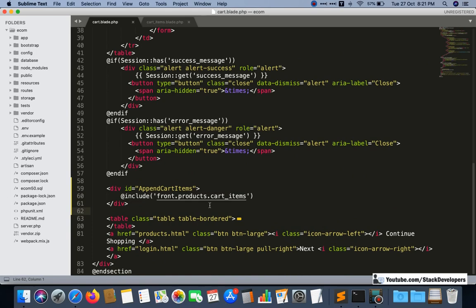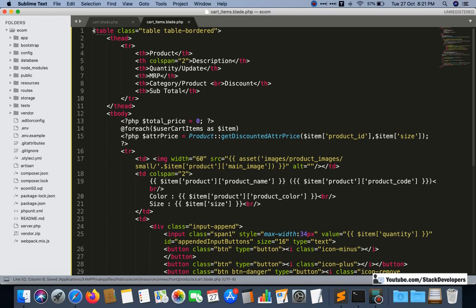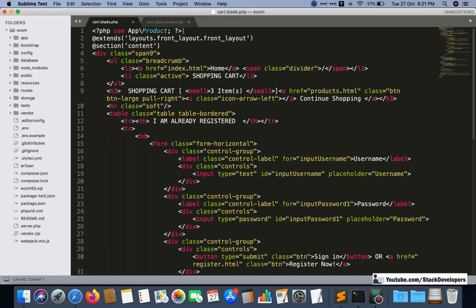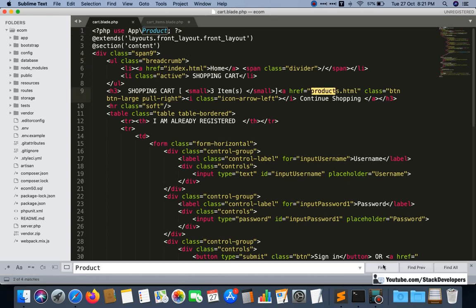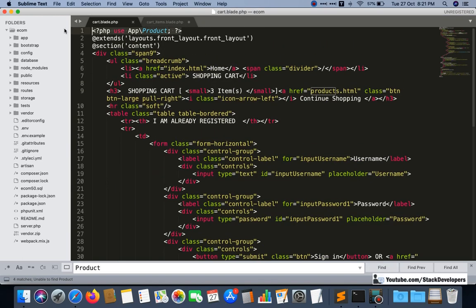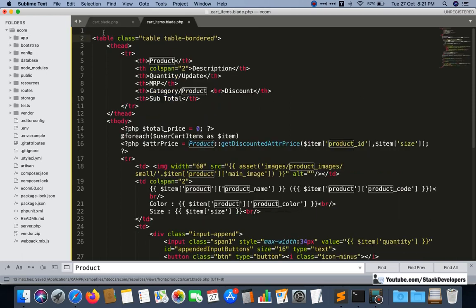Now for this one, here I am going to include the modal that we are including. This modal is not required here now. You can check that it is not required, so we can move it from the cart blade file to the cart_items blade file, like this.